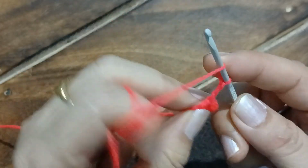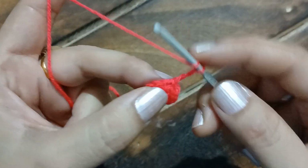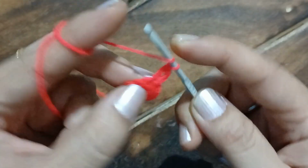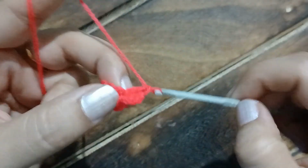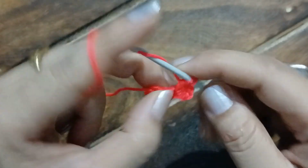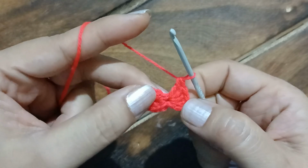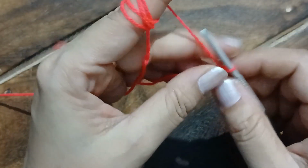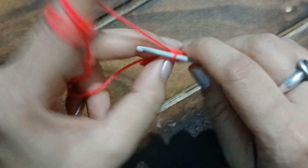Let us chain 3 and move on to the next step of the pattern. Now chain 3 counts as 1 double crochet, and into the same space I am going to make 4 more double crochet. So 4 more double crochet plus the chain of 3 is going to make 5 double crochets. Into the same space I am working. Let's count. Once 5 double crochets are done, 4 double crochet plus the first chain of 3,